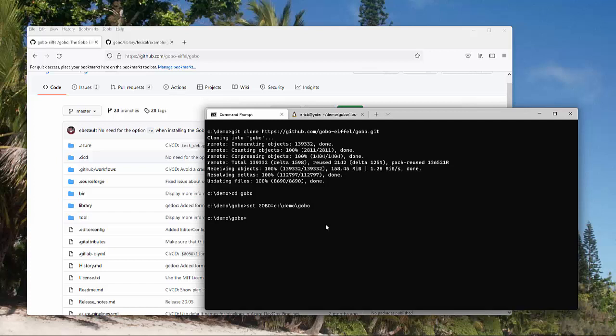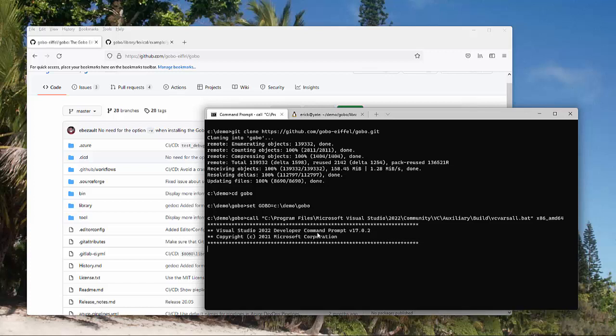Okay. So now I need to make sure that the C compiler I want to use as backend C compiler is in the path. So I use the C compiler which comes with the free Community Edition of Visual Studio 2022. So for that I will just execute this script which will set all the environment variables which are needed.